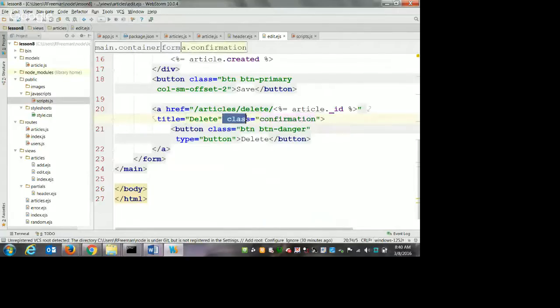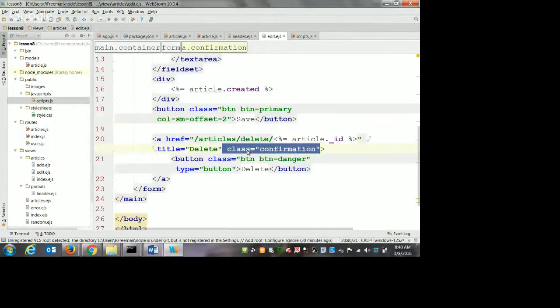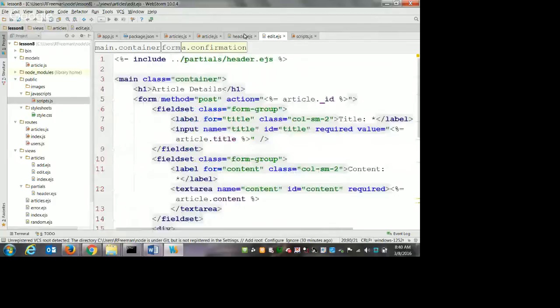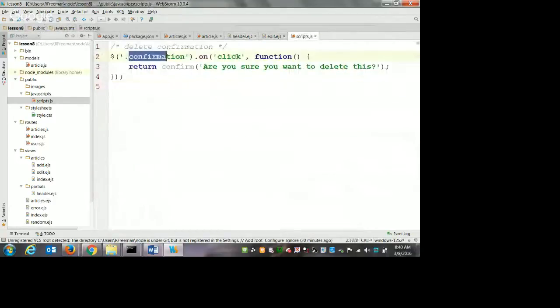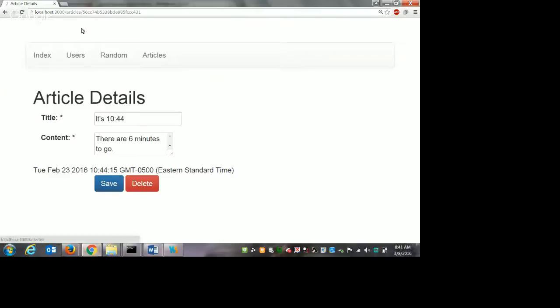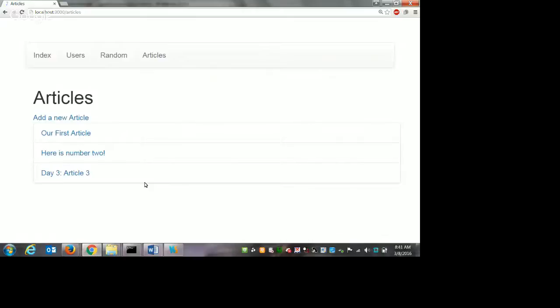If we apply this class of confirmation, this class goes to our header, header goes to script, and script has this event handler. When any element with a class of confirmation is clicked, pop up that message and return a true or false, depending on whether the user clicks OK or cancel. So now if I refresh,